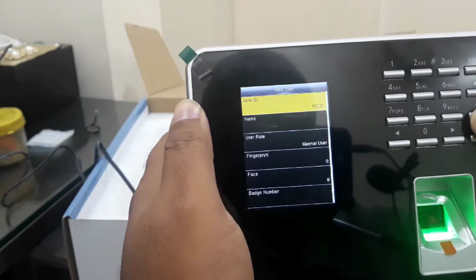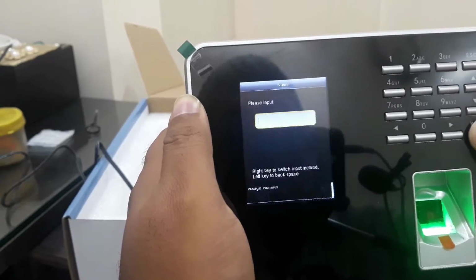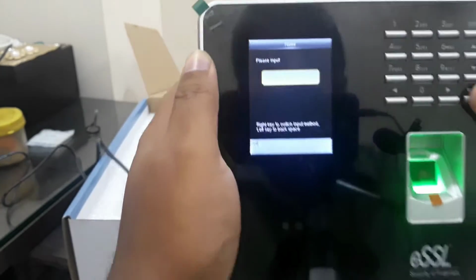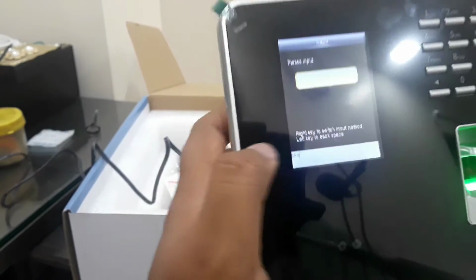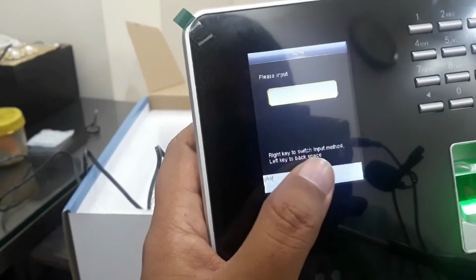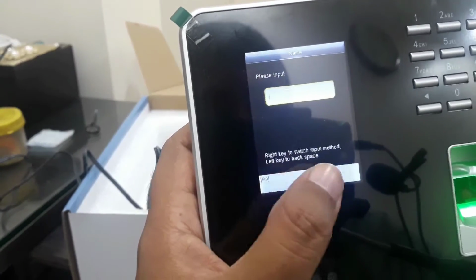Name. Suppose I want to enter a name, then here you will see the right key to switch input method, and the left key to backspace.